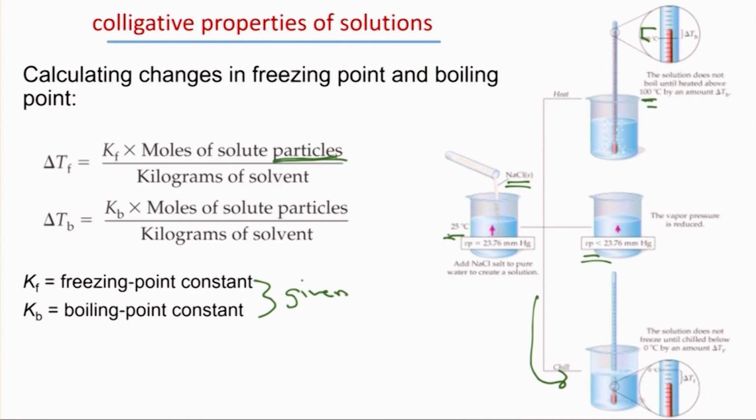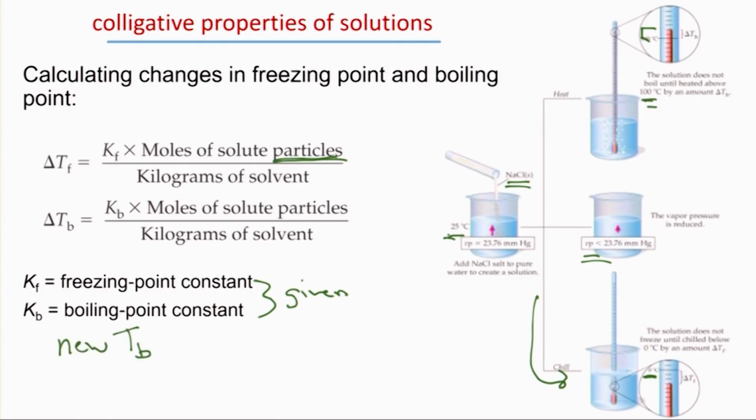Before it will freeze, go from a liquid to a solid, you need to get it even colder than 0. If it didn't have any salt, it would freeze at 0. Now you're getting it even colder. We can then just make sure we understand, okay, so the new